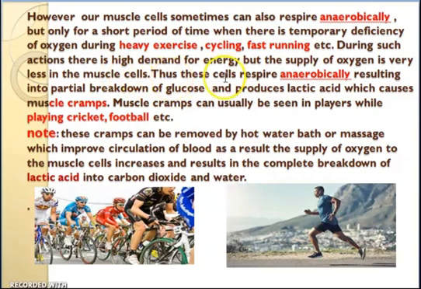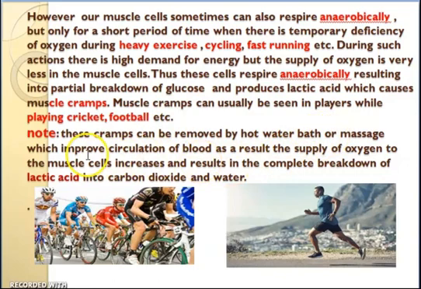Thus, these cells respire anaerobically, resulting in partial breakdown of glucose and produces lactic acid, which causes muscle cramps. Muscle cramps, as can usually be seen in players while playing cricket, football, etc. Note, these cramps can be removed by a hot water bath